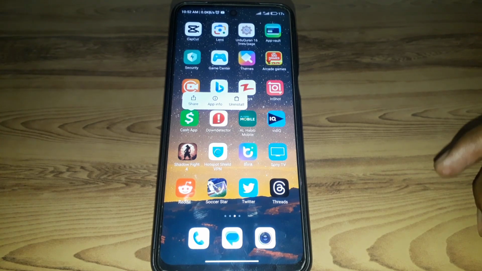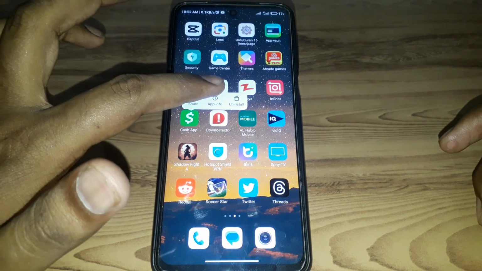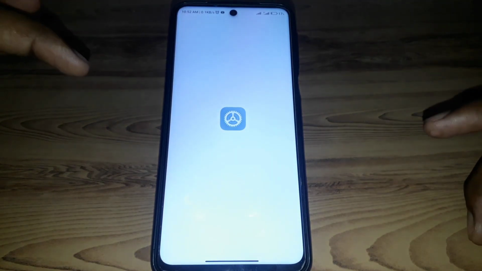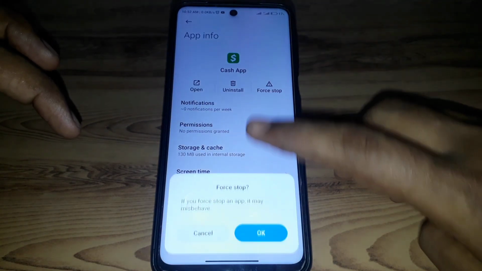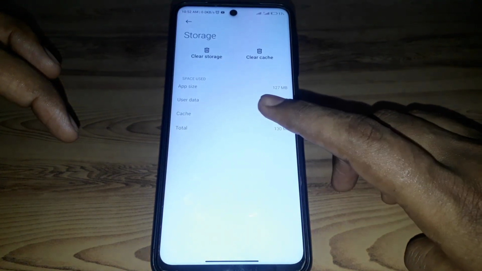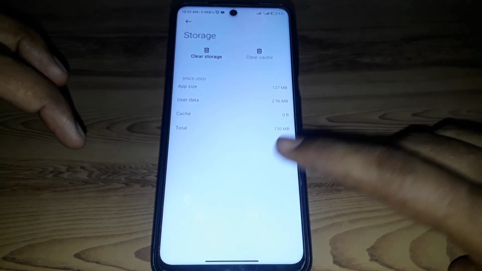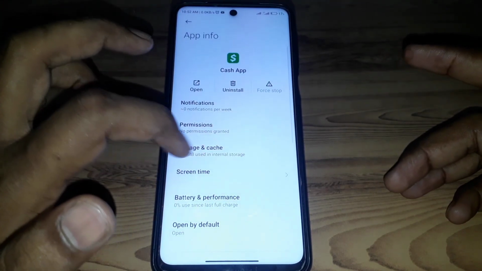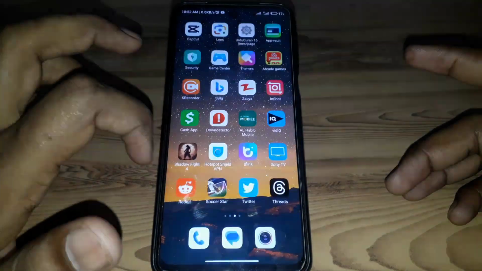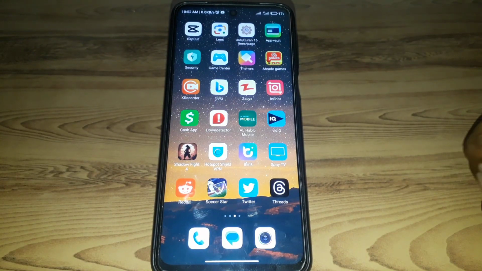And after that, you have to simply go to the app info and force stop the app, and after that you have to clear the storage and cache of your app, and try the transaction with a different account, and this time the transaction will be completed